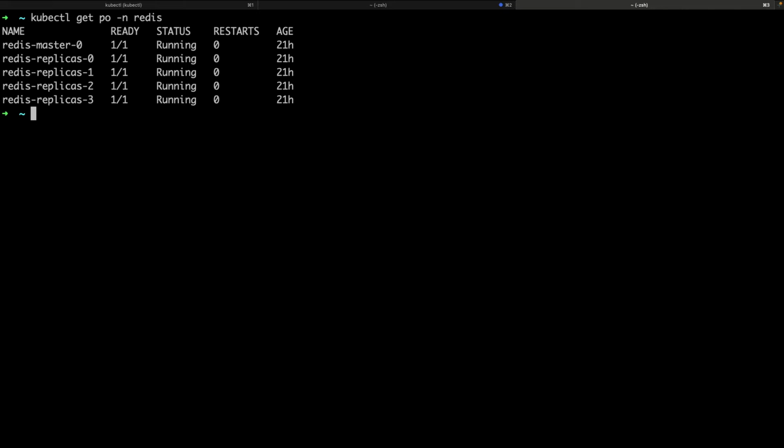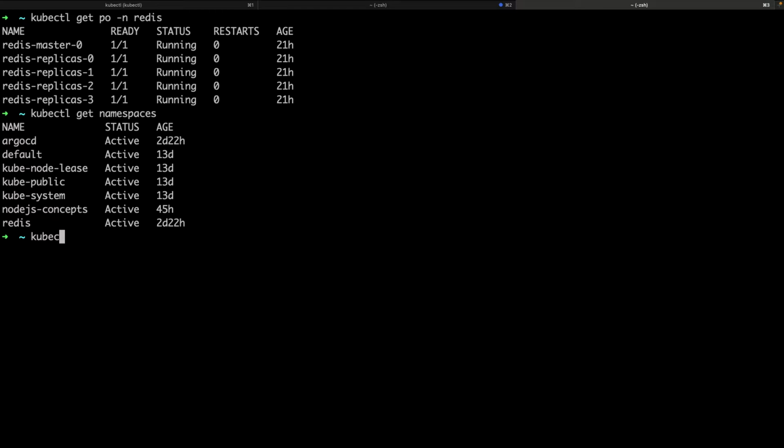And this is super useful because we can do things like, for example, I have a Kubernetes cluster right now that is currently running ArgoCD and has deployed a Redis cluster into it. So you can see here, I'm getting pods in the Redis namespace. So I have a Redis namespace, and if I go ahead and just delete the namespace Redis, for example, by accident,